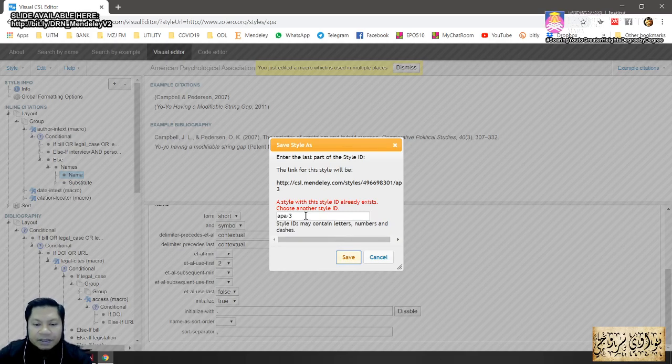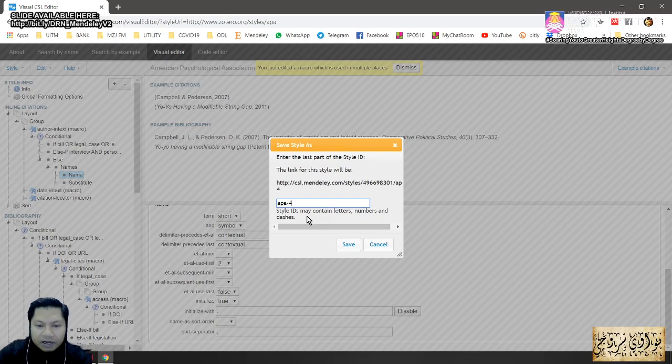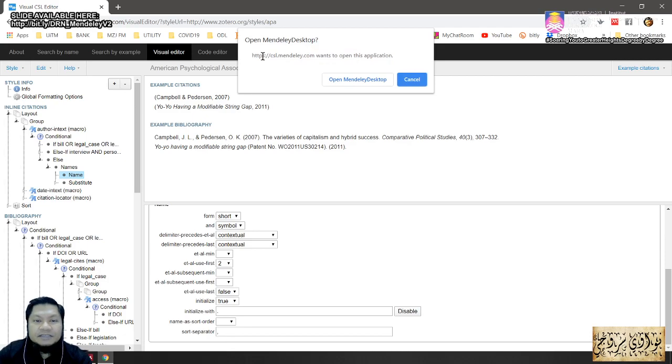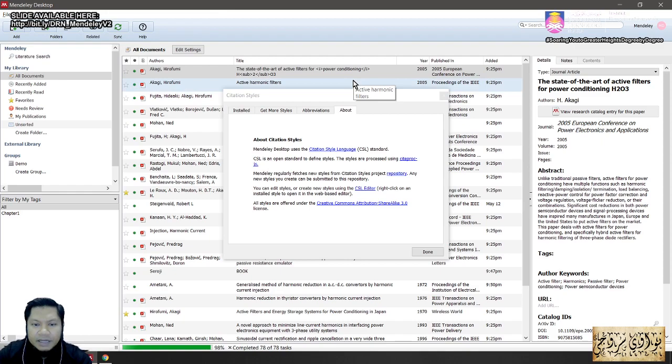Okay, it's already used because I've already changed it before. Right now, I'm going to use number 4. Save. Any name, don't worry about that. Then you'll be instructed to open Mendeley Desktop. So after that, you just simply open Mendeley Desktop. Make sure that you have your account ready, your Mendeley Desktop already. So you just open Mendeley Desktop, and now,